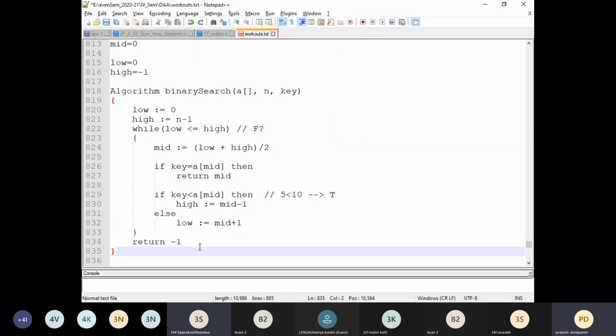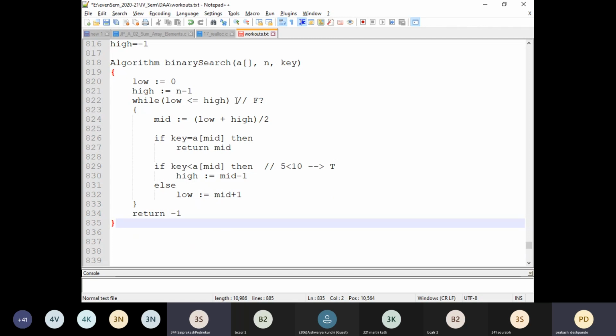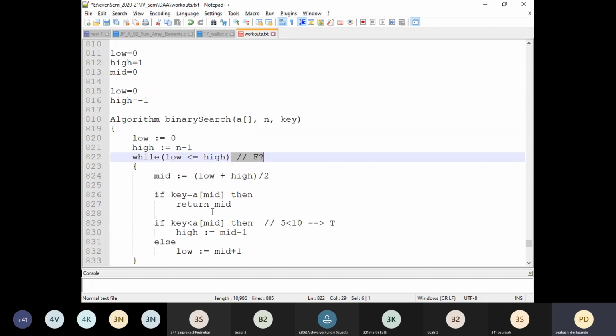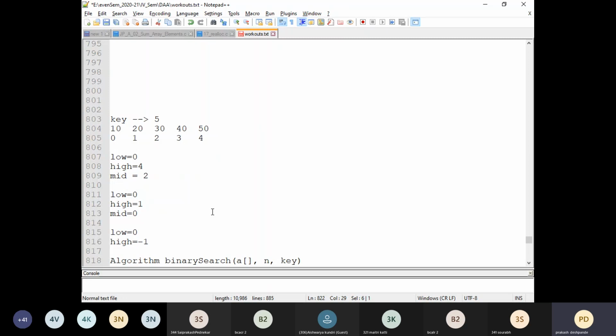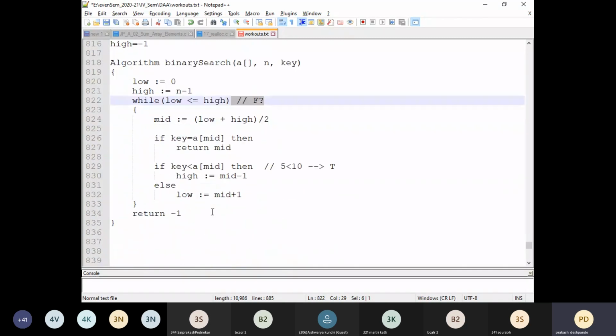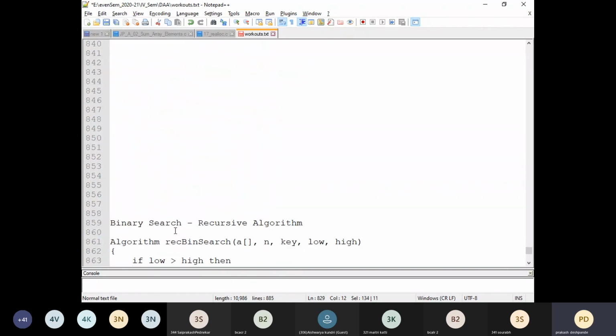Any doubts here? Okay, tomorrow I will make it a little more correct. I will remove all these things. Then you can take a snapshot of that and write it. Have you written the notes, the one which I shared a couple of days back, the general method? Tomorrow I will give you one more page, 1 or 2 pages, wherein you can write the notes of binary search, this algorithm along with the recursive algorithm.